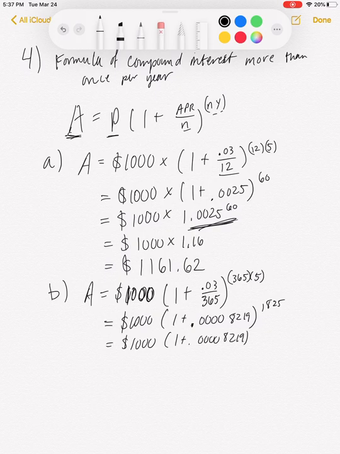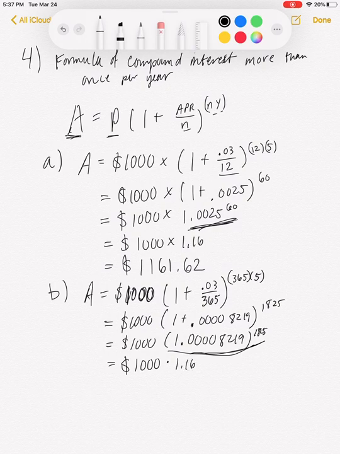Okay, so we're going to back up just a bit here, and I want to just add these together. So it's $1,000 times 1.0008219 to the 1825. Okay, and so when we find this right here, we get 1.16 again, about. And we're going to keep that whole thing as the long decimal in our calculator. So we multiply that by 1,000. We will get